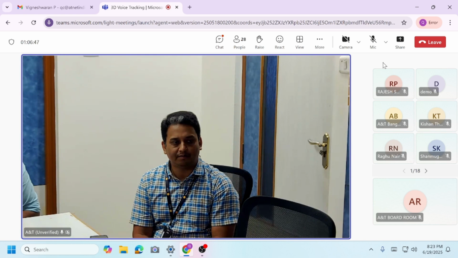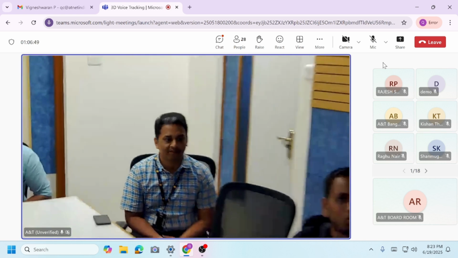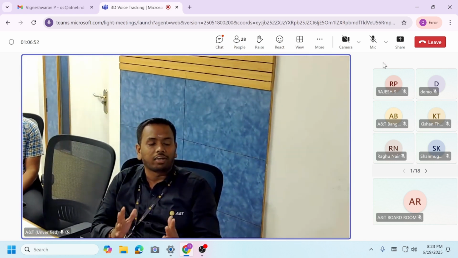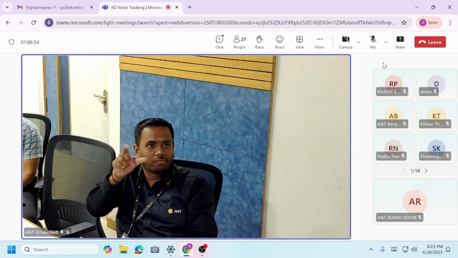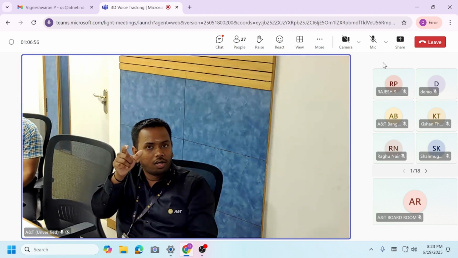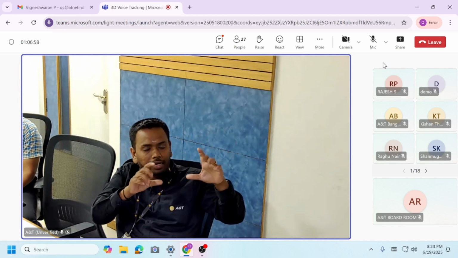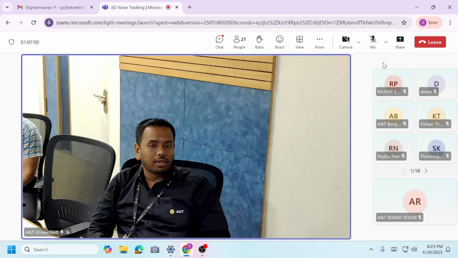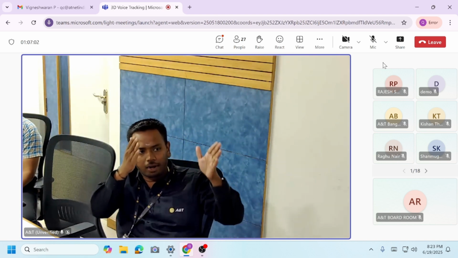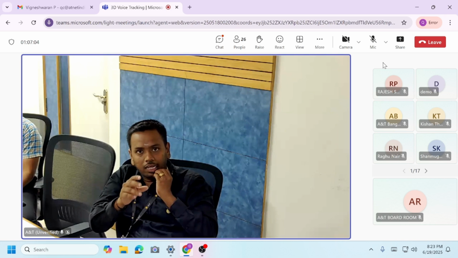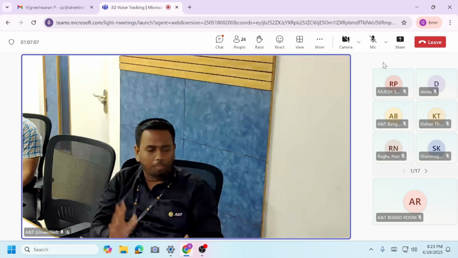Yeah, so it's all based on the configuration. So how you configure, how effectively you configure. Because when I draw, there is a gap. I hope you saw, right? When I draw, there were some gaps, right? So those gaps should not be there. So we'll have to configure it in a proper way so that the camera will track automatically in a proper position,